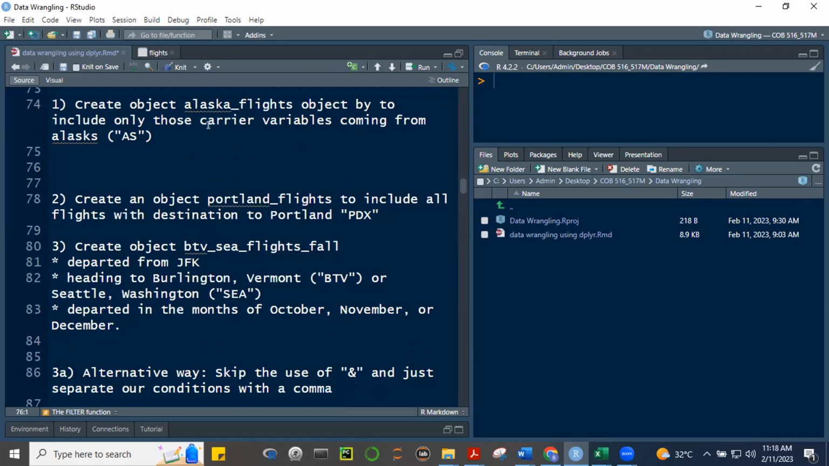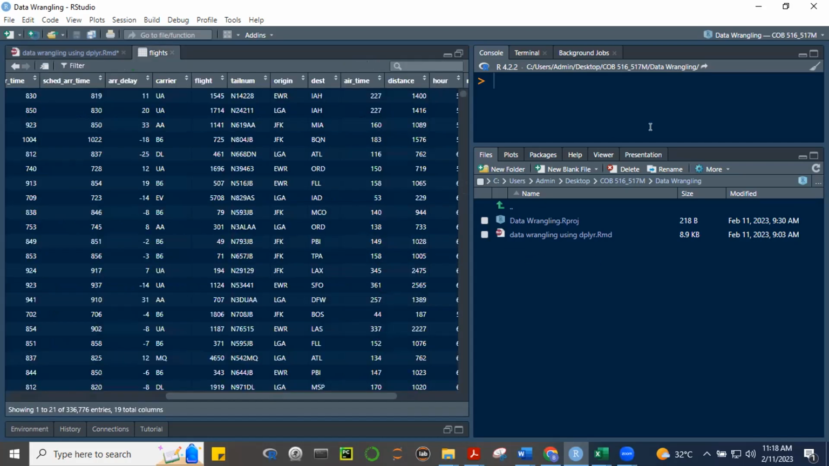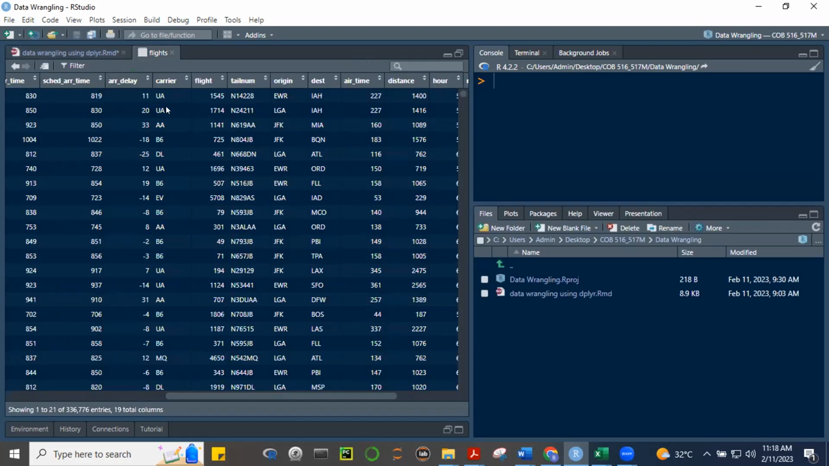So we're asked to create an object. Ang pangalan ng object, Alaska Flights. Mali itong, sorry for the wrong grammar. To include only those carrier variables coming from Alaska. Okay, if we take a look at flights, okay, so dito, ano nga natin,